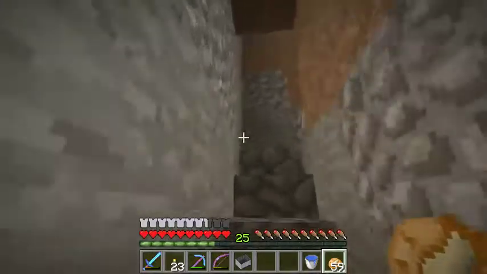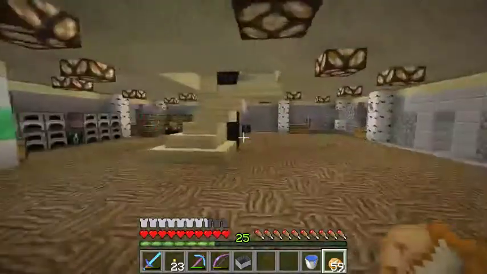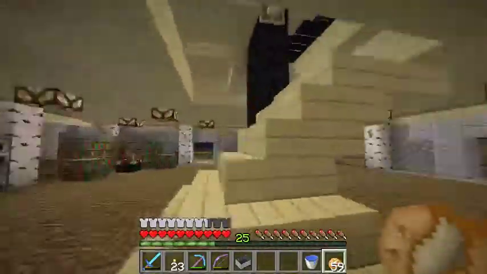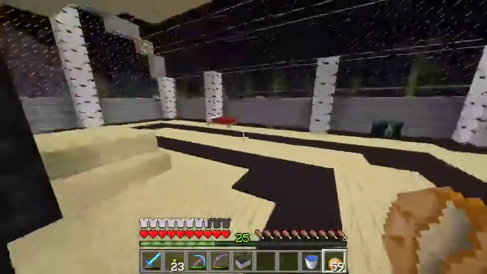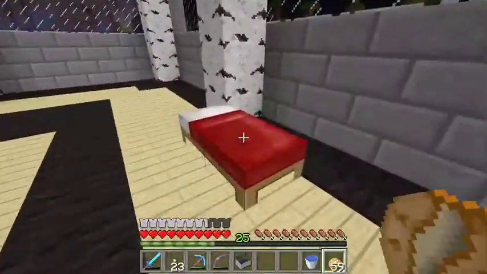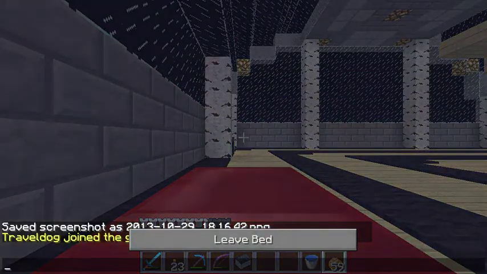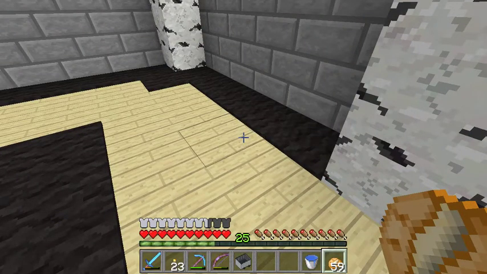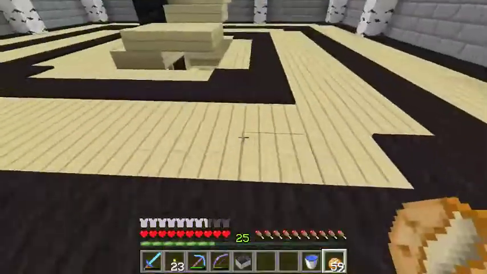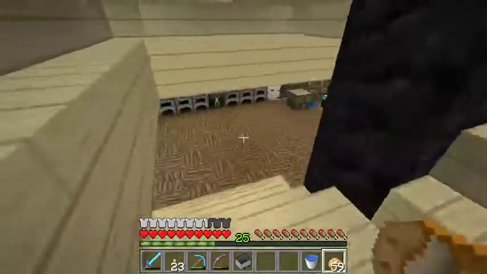And up we go, to our base. Actually, my spawn point. Home of what I must say is I think the most fun, simple redstone device you could possibly make. This map makes you